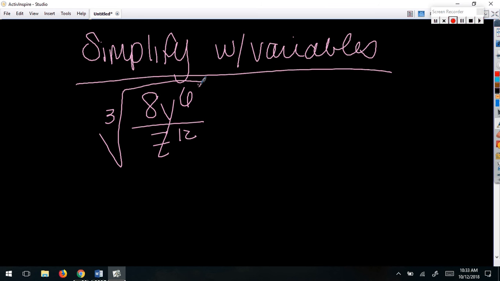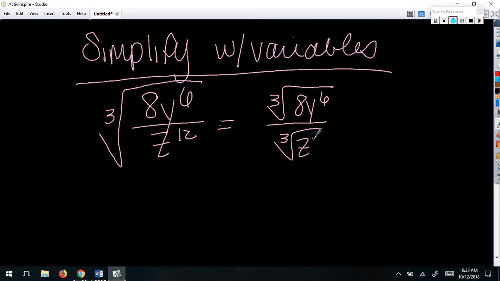Okay, now here's the thing. Yes, I can split this up. This is the same thing as the cubed root of 8y to the 6th over the cubed root of z to the 12th. But to understand what you have to do with this, you may have to switch this up a little bit to an exponent instead of a radical. So for example,